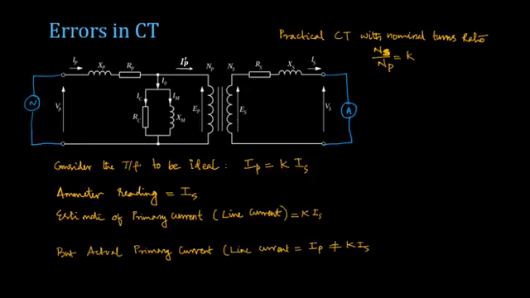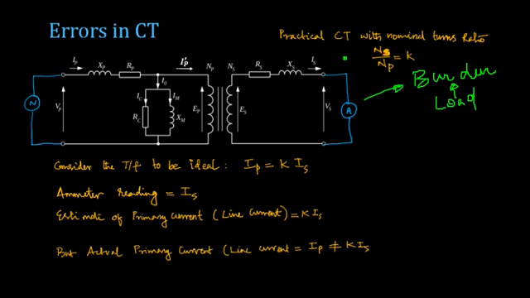Now we'll move to CTs. So in a practical CT, what happens? You apply a voltage source, you have some high current flowing, and you are connecting some ammeter here. So we are simply using the same transformer here to represent a CT. Instead of a load, you are using an ammeter. This load that we use for the CT is generally termed the burden of the CT, or simply the load. So that is an ammeter connected at the secondary side.